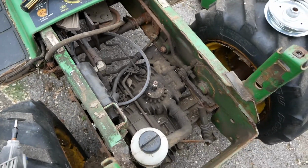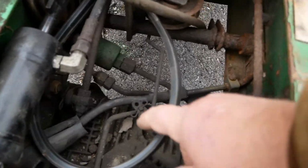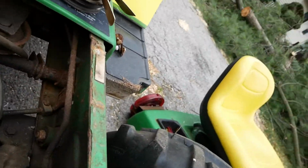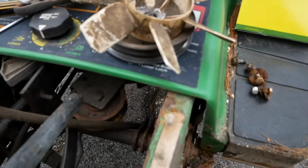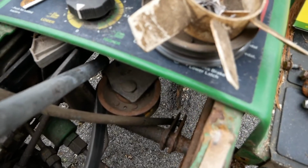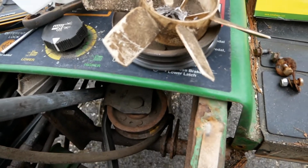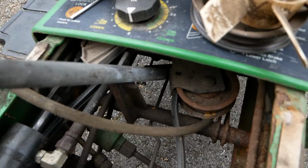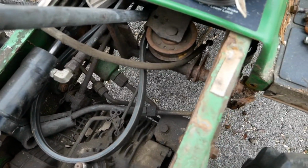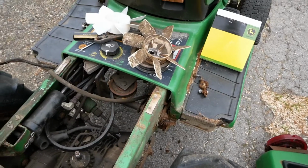And when you want to take the tension off your belt, I'll show you here. You just take a pipe. Or it doesn't have to be a pipe, a rod or whatever. You go between right here, and you get down on the bracket for the pulley, and then you can move that pulley over far enough to get the belt off from your transmission pulley. Then when you get it off, you just release it, and it's only going to go that far. So it's a really simple